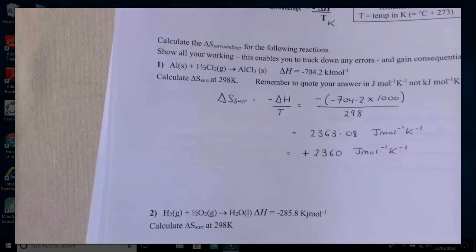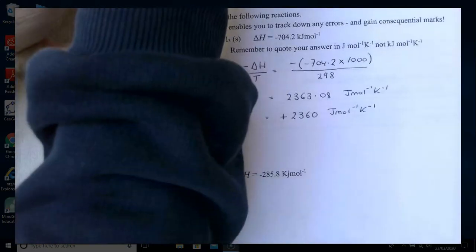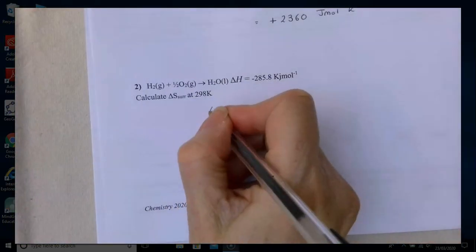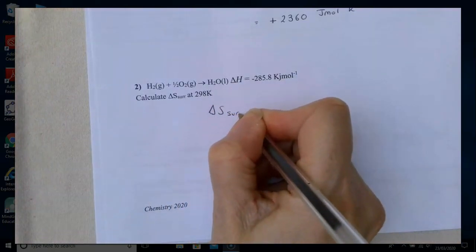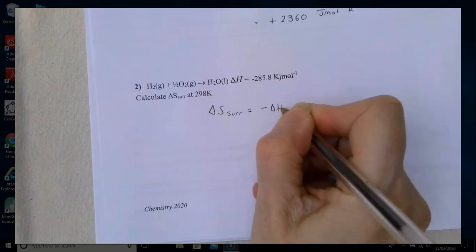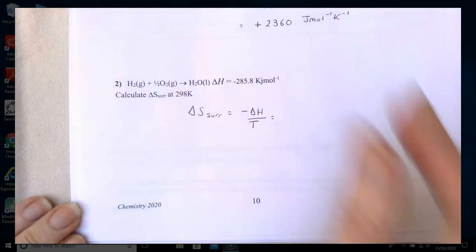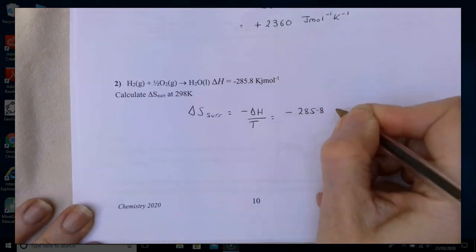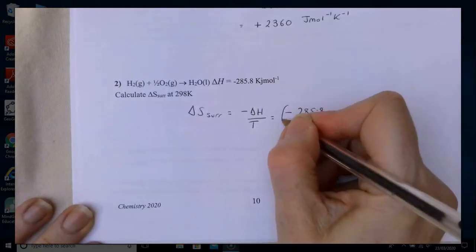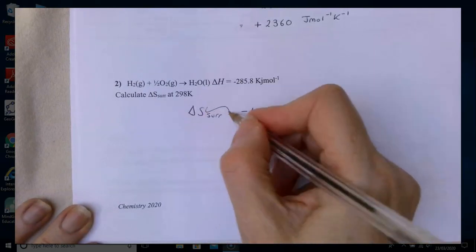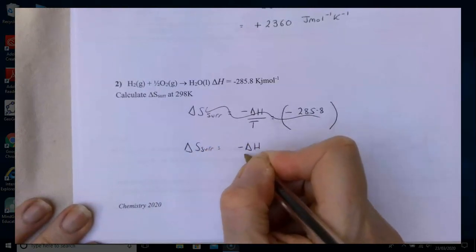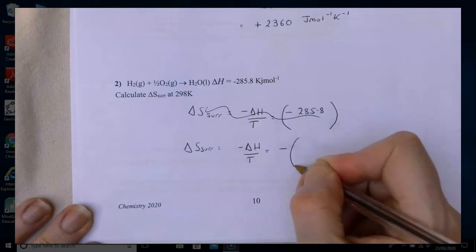Okay, so we should have that equation now at the bottom of this page. So I'm just going to run very quickly through that example for you again. So again, I've got my delta S surroundings is equal to minus delta H over T, which is equal to minus, brackets, minus 285.8. There should be brackets around that, another minus sign. Sorry. All right, start that one again. So delta S surroundings is equal to minus delta H over T, is equal to minus, brackets,